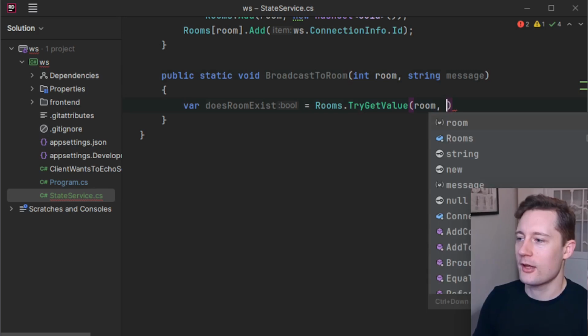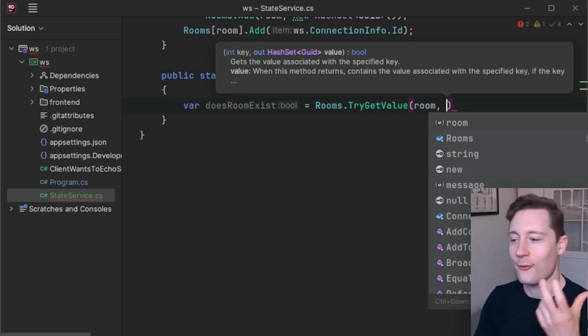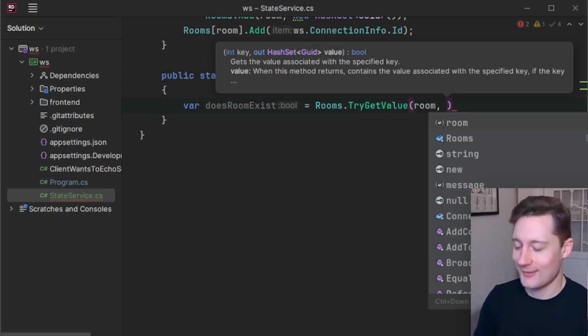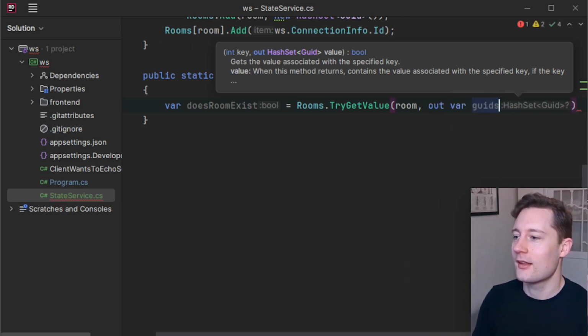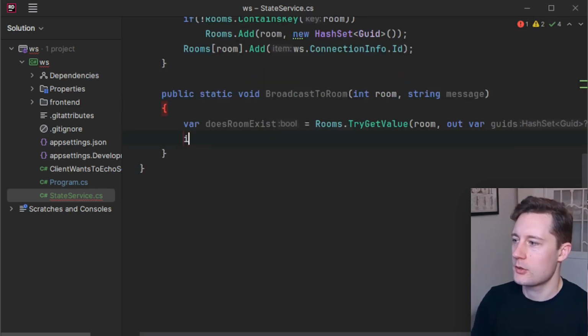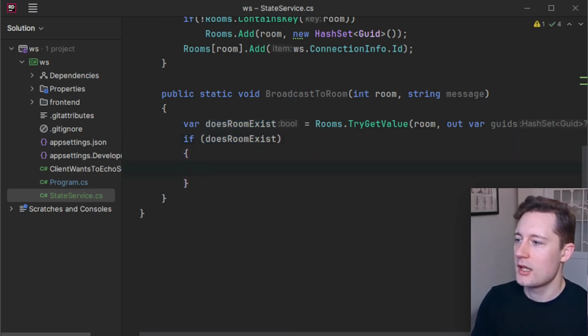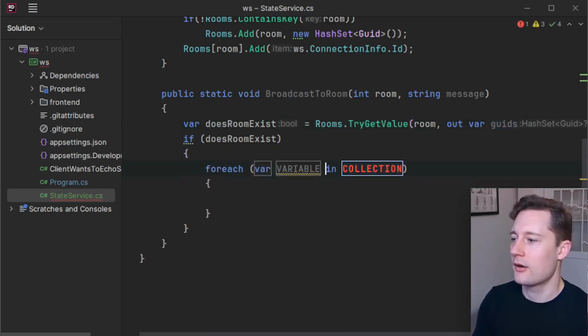We actually have a second argument here, which is going to be able to contain the hash set of the GUIDs if they exist. So if you write out var GUIDs, here you can see in the inlay hint that it says hash set of GUID. So I will make an if statement here, if doesRoomExist. Now we'll just iterate over all of the GUIDs. So we'll just write foreach var GUID in